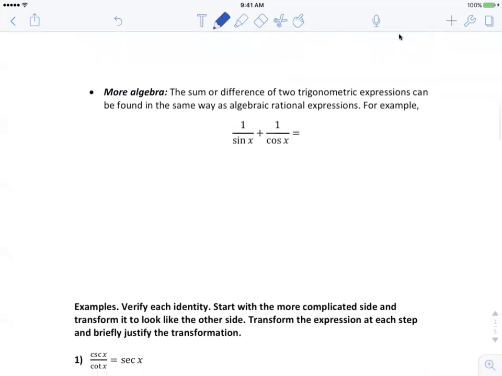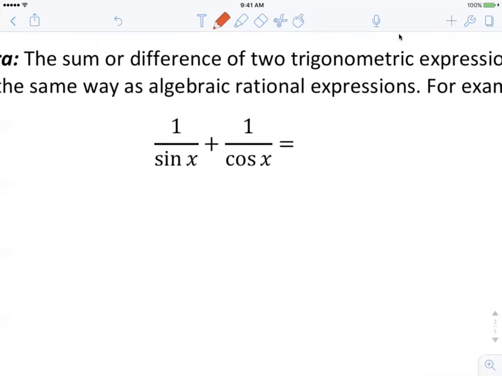What about adding rational expressions? We did that a little bit in 7.1 when we had a problem. We have to get that common denominator. The common denominator here, let's see, I have to multiply this one by cosine, top and bottom. And over here, I have to multiply by sine, top and bottom, right? So this would be then, the top is,